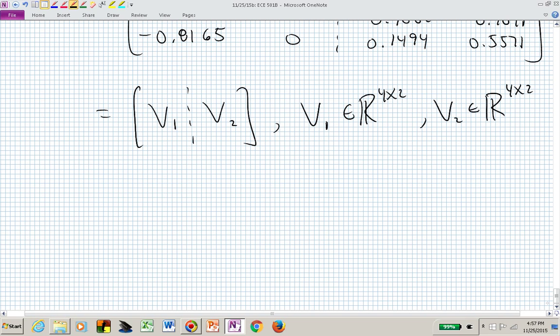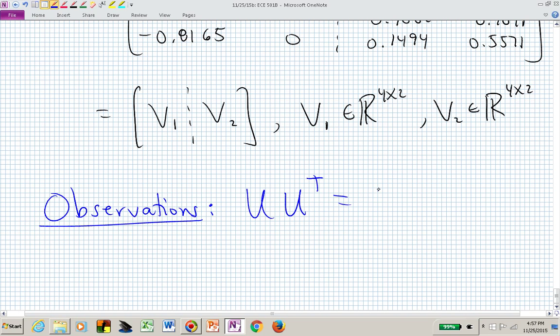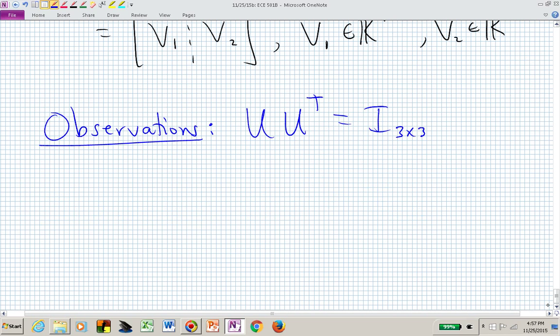And if you looked at those matrices U and V, you will see that since those columns of U are orthonormal, U times U transpose produces the identity, and V transpose V is a 4 by 4 identity,